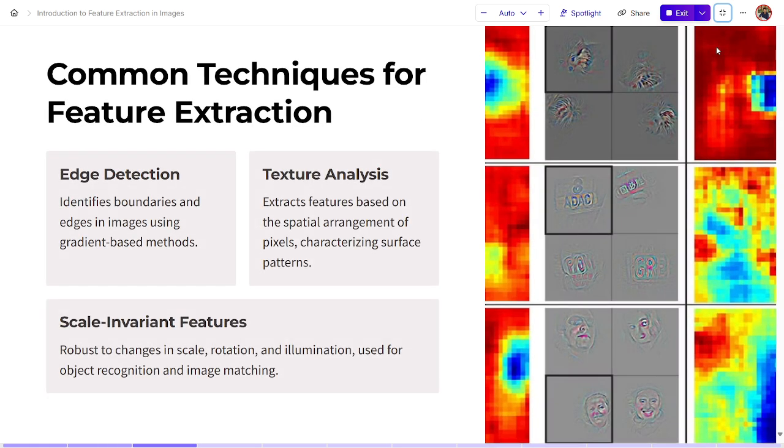Before common techniques, we should know why feature extraction is important. Why do we actually use this? For example, images contain a large amount of pixel data, which is inefficient for computation. Raw pixel data is not enough for total computation. This is where feature extraction comes into action: the extracted features allow machines to understand the images